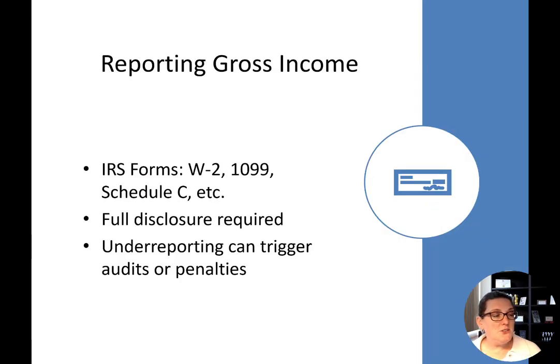All right, so once you've determined what income is taxable, it needs to be reported. Some common forms that you're going to see for this might be a W-2. If you're an employee, you're going to receive that. If you're a contractor, you might receive a 1099-NEC or a 1099-K if it was being reported as credit cards. You might have a 1099-INT. A 1099-DIV would be where dividends are reported. And then your Schedule E is rental and other income.